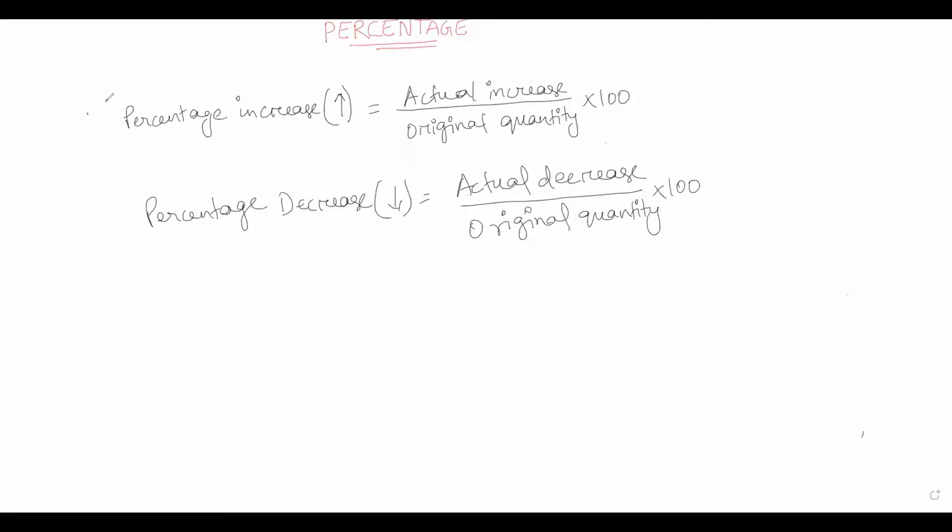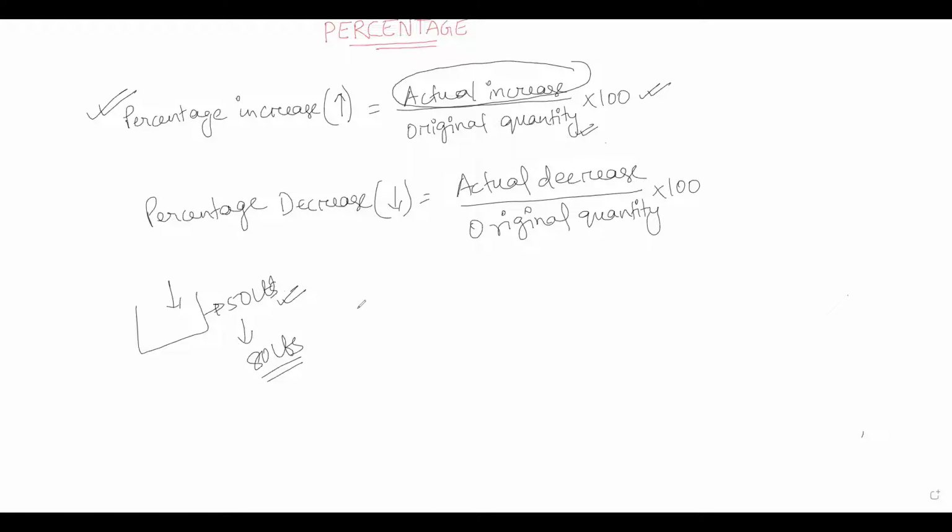Okay, so now let us see how to find the percentage increase or decrease of a quantity. Now suppose I have a tank in which there are, say, 50 liters of water. Now some water has been added to this tank and now the quantity of the water is, say, 80 liters. So I want to find what is the percentage increase in the quantity of this water. I can simply use this formula to calculate the percentage increase in the quantity of the water. This says that we need to find the actual increase upon the original quantity times 100.